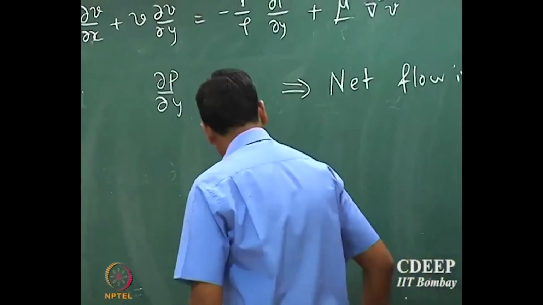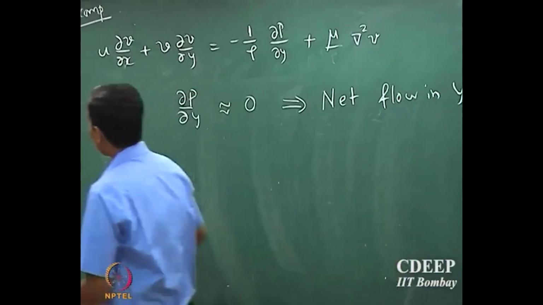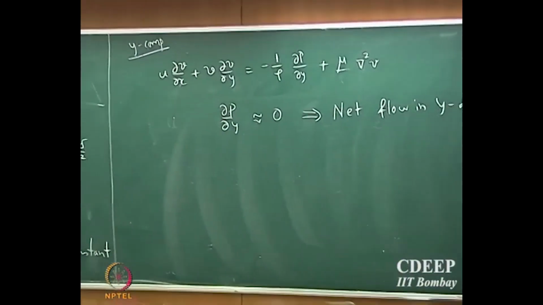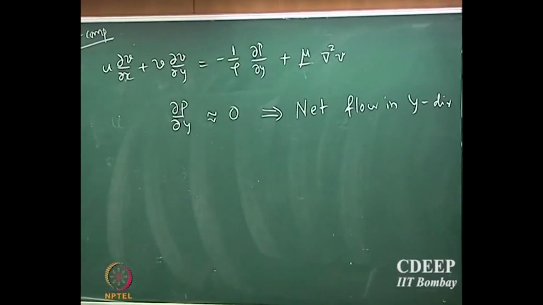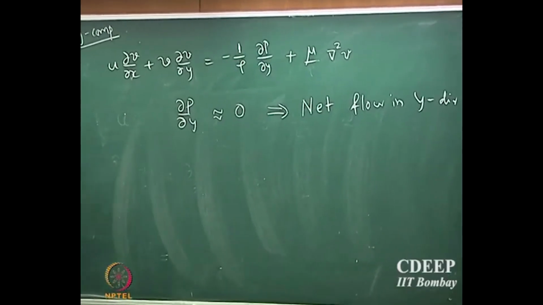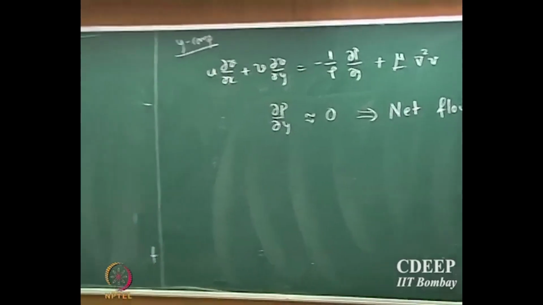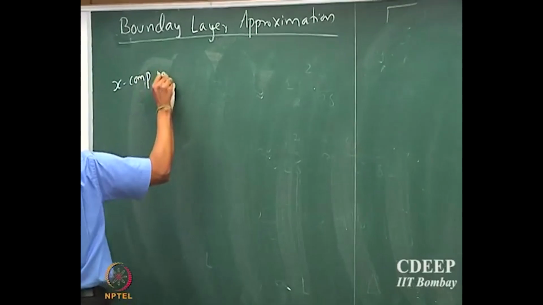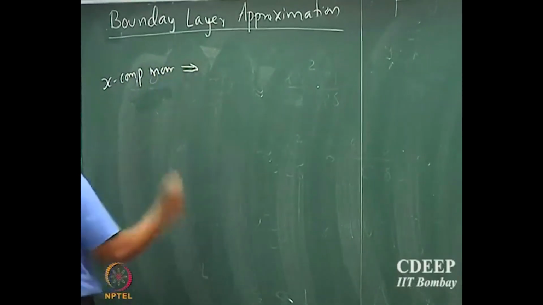The primary direction of flow is in the x direction, okay. Alright, so similarly, we can do an order of magnitude analysis for the x component velocity momentum balance. It's very similar, so you do exactly the same analysis. So you will find that the x component momentum balance will essentially reduce to